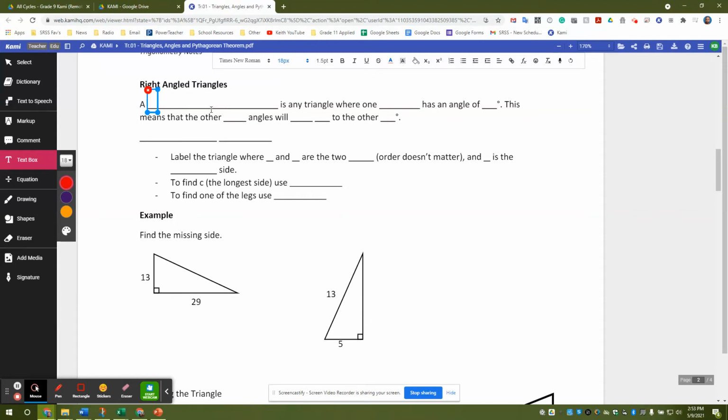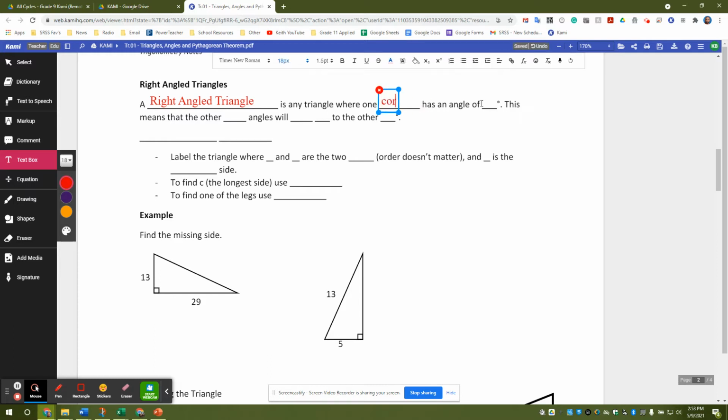All right, so now we're going to be stepping into something a little bit different, or at least a little bit more specific, and we're going to take a look at right angled triangles. Very specifically, right angled triangles. And a right angled triangle is any triangle where one corner, one of our angles,